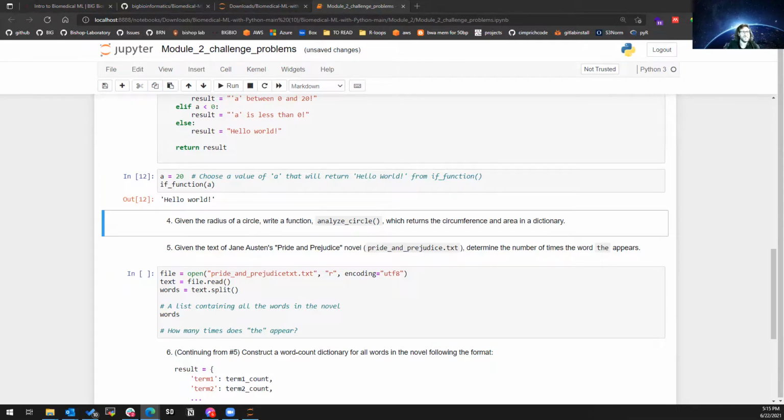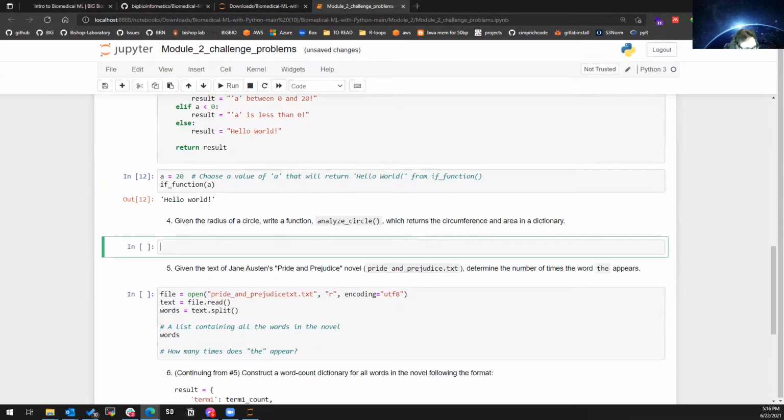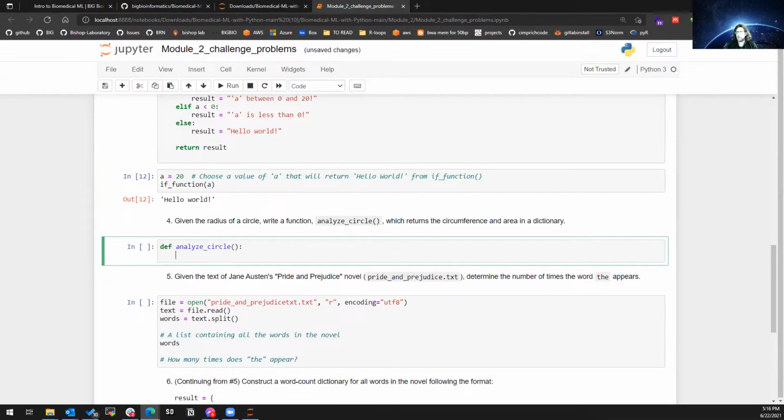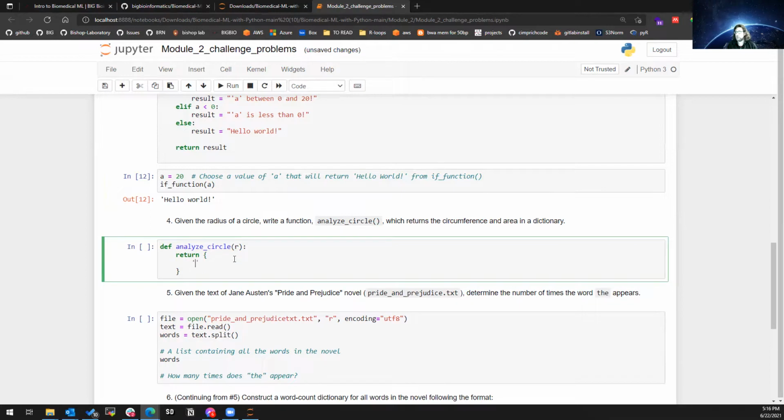Okay. Very good. All right. So I'm going to go ahead and show you how I did. Those are all right. All right. So we say define analyze circle. So that's how we start our function definition. And then we'll keep it nice and simple, which returns the circumference and area given the radius of a circle. So we'll say radius r, and we'll have that return a dictionary, which contains the